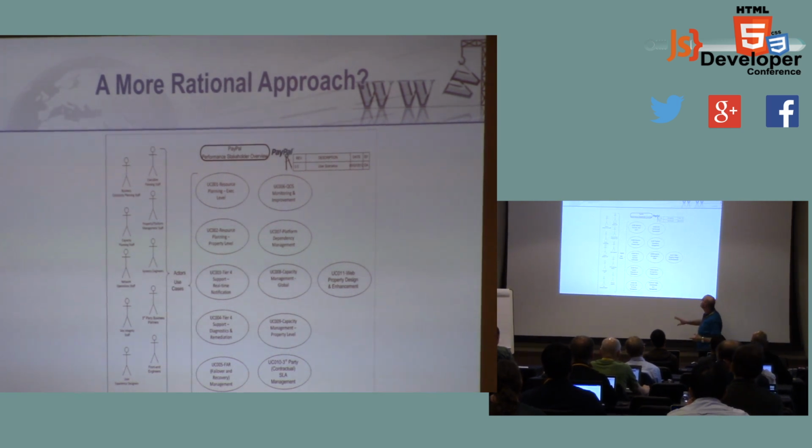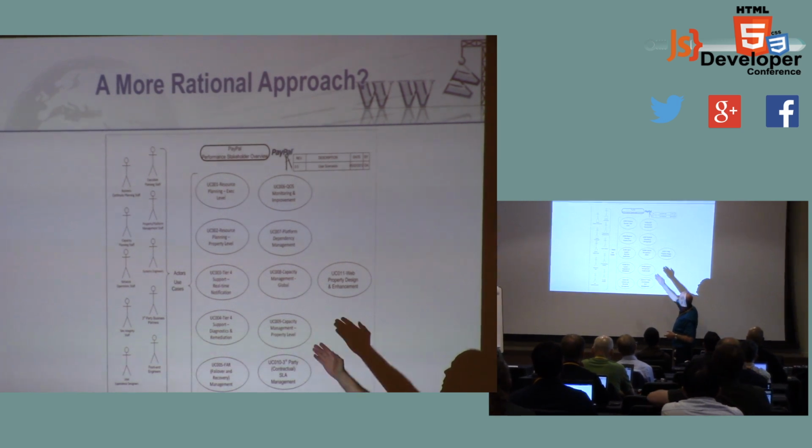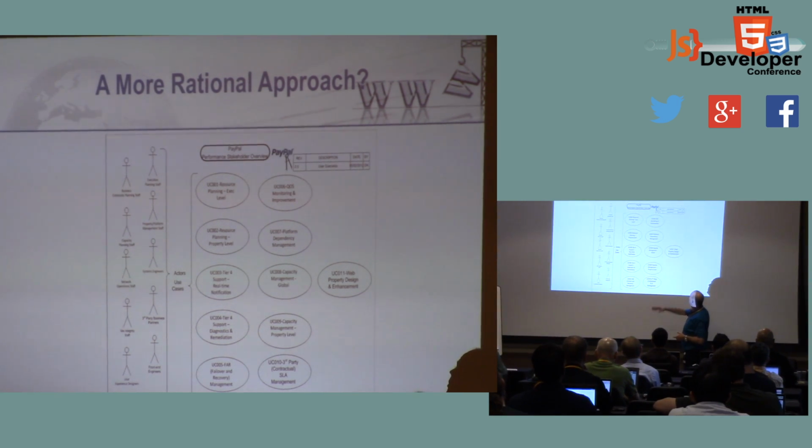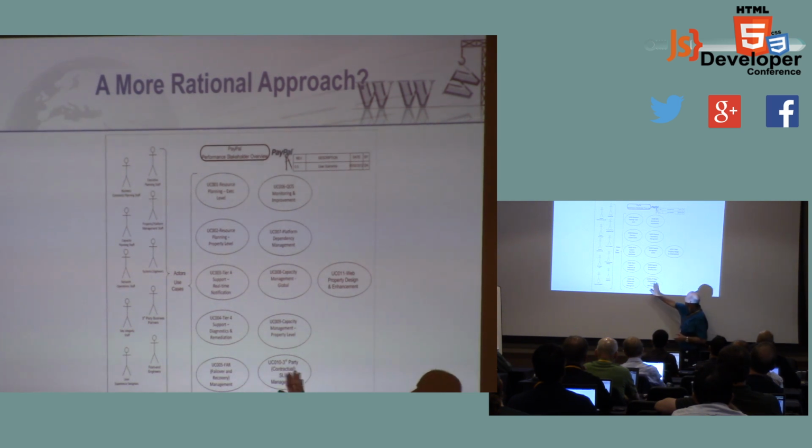When we look at some of the use cases we want to match these actors up to: resource planning, monitoring and improvement, resource planning at the lower levels, platform dependency management. Oracle depends on the middleware, depends on the web servers, web design, capacity management, real-time support and notification. If the site is running slow, boy, there's a use case there for those people who are sitting there doing customer support and listening to the phone, listening to the user rant on. Right? All of these things, contractual SLAs, failover and recovery, support and diagnostics, all of these are very, very typical